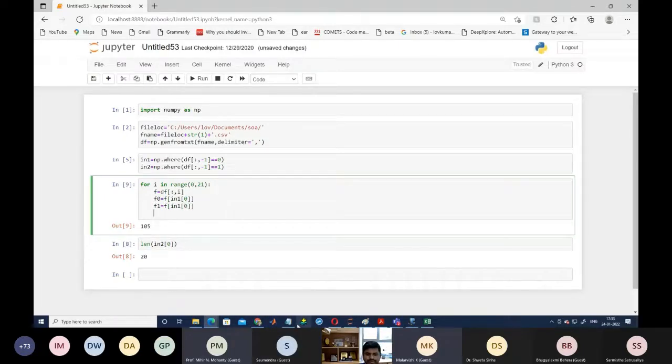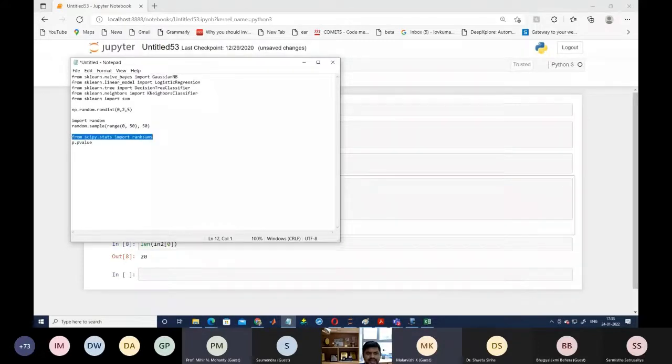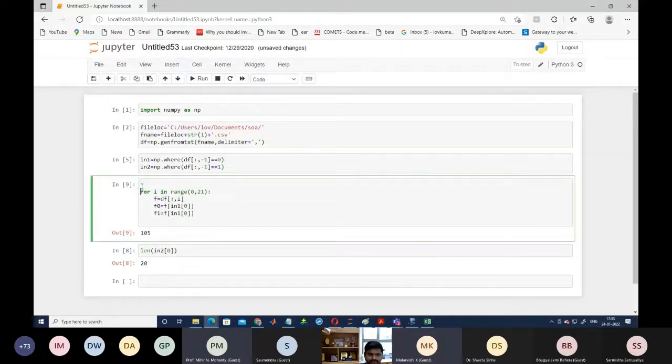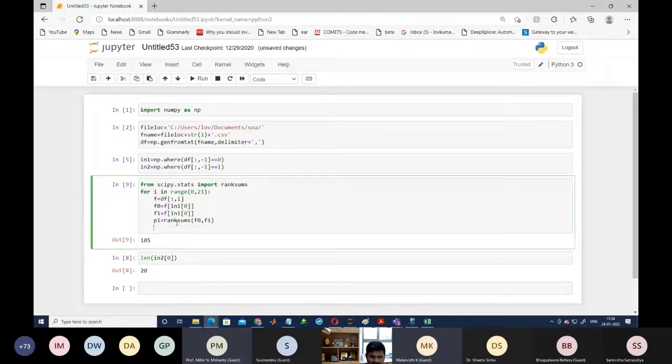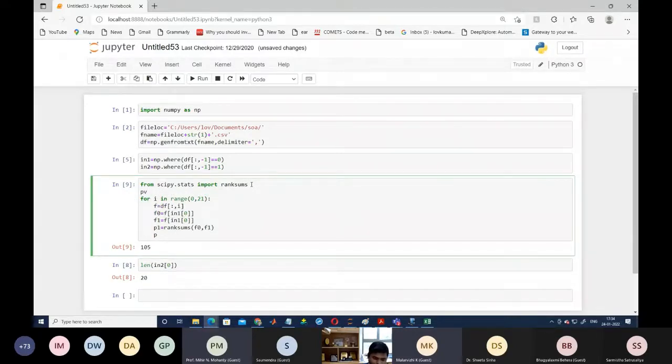So now here we are going to use one type of test that is called the rank sum test. And we are going to store this value. So we are getting here p1 equal to rank sum test of feature value, 0 comma. I will explain what that means. And we are going to store the p value. So that's why here we are writing p value equal to np dot huge. We are creating one array to store this p value of i equal to p1 dot p value.